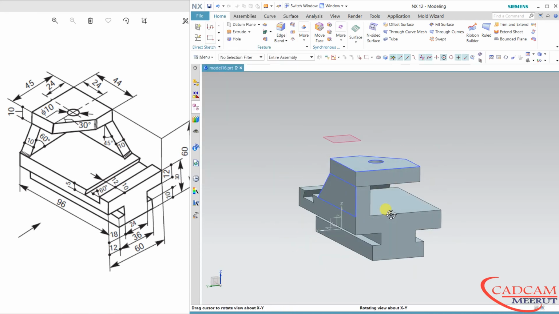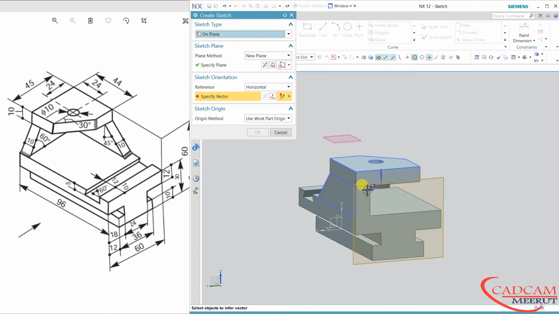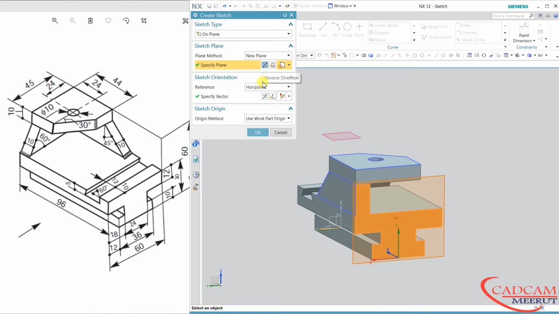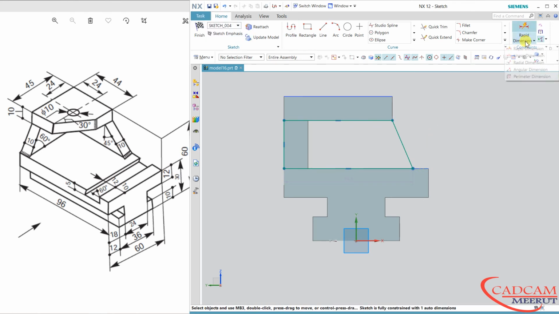Same we will do on this face. Just orient the view. Angle is 60 degree.